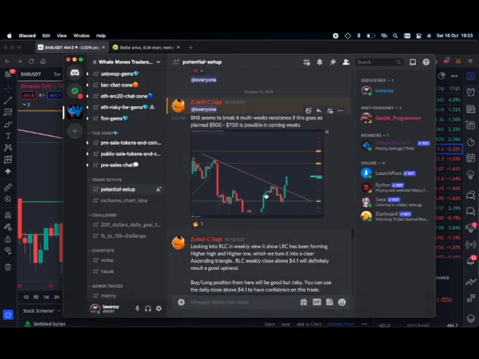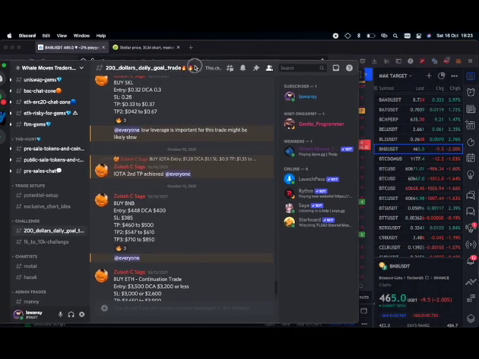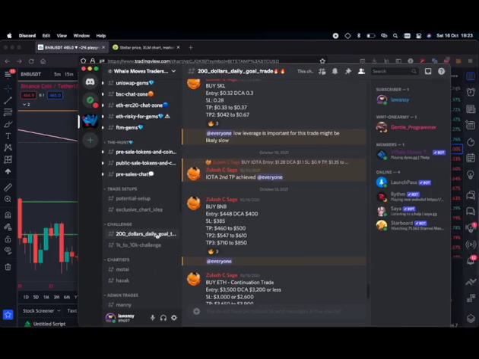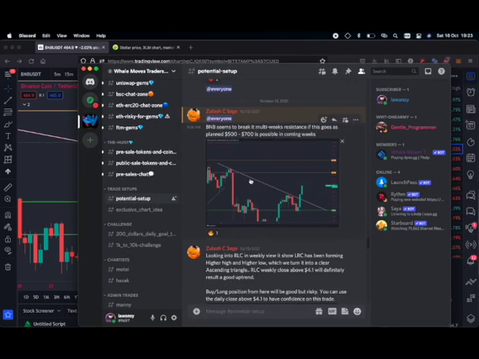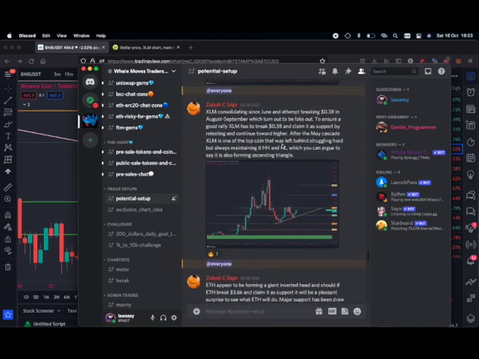So now you look at the example of BNB. We saw a BNB chart here, and we saw a BNB signal here. Now the BNB signal was posted on 13. Then let's look at the chart. When was the potential setup posted? The same 13. This is crazy. Like I said, this happens very rarely. It doesn't really happen often. So now we'll look at another coin.